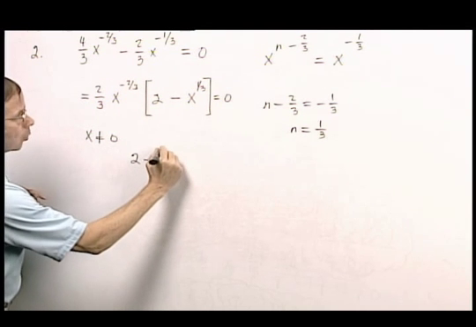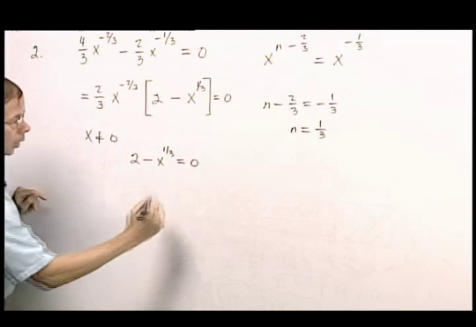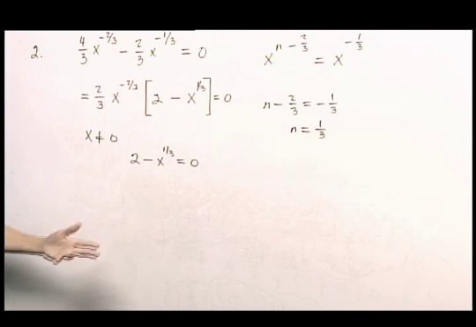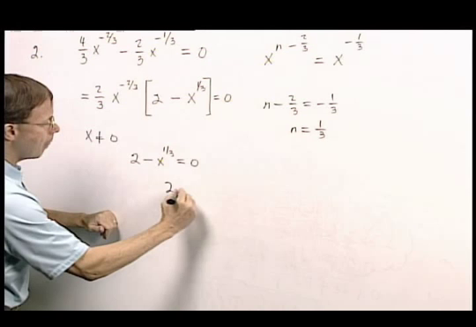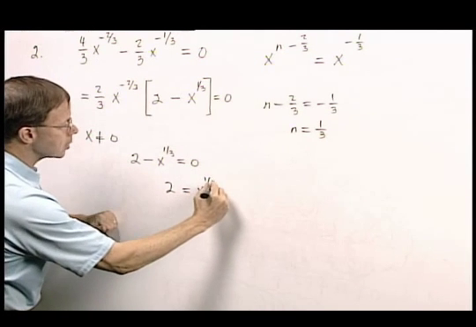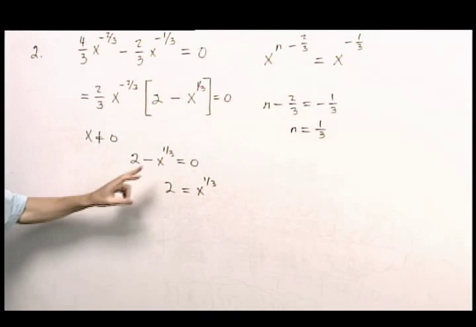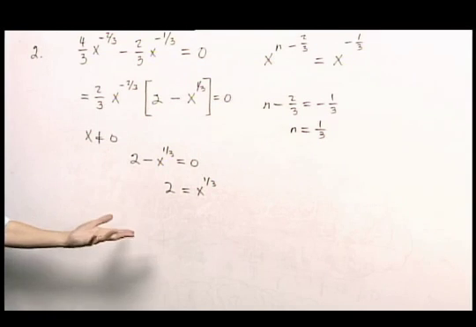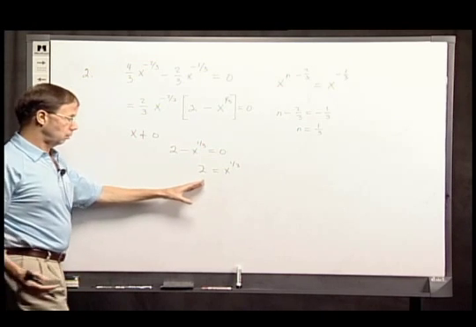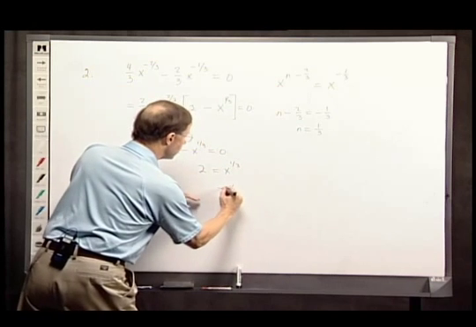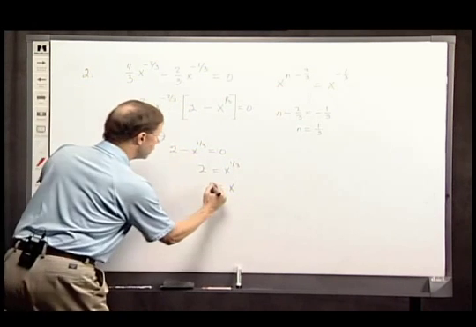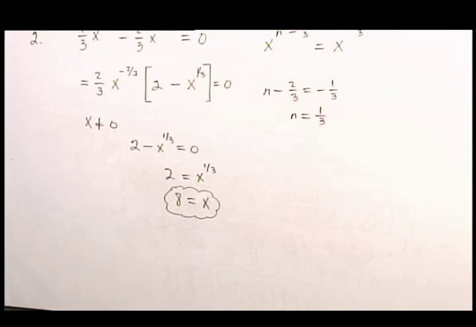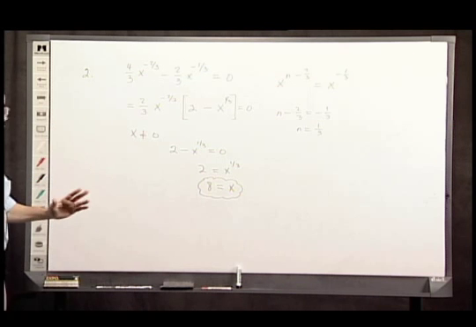2 minus x to the 1/3 equals 0. Or the cube root of x. Now I'm going to solve this. Move the x's to the other side. What I'm looking for is the one and only number whose cube root is equal to 2. To find it, you might know it's 8. Or you could cube both sides. When you cube both sides, you'll get the x, and 2 cubed is 8. So the one and only solution to this problem, which didn't take terribly long to do, but did take